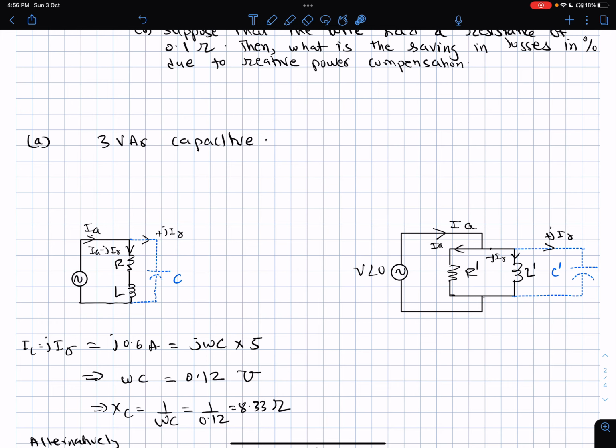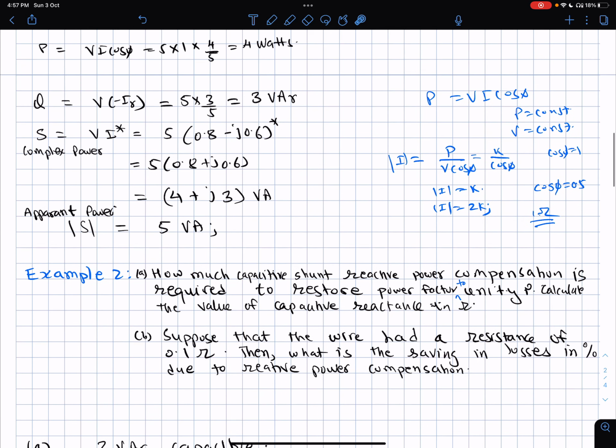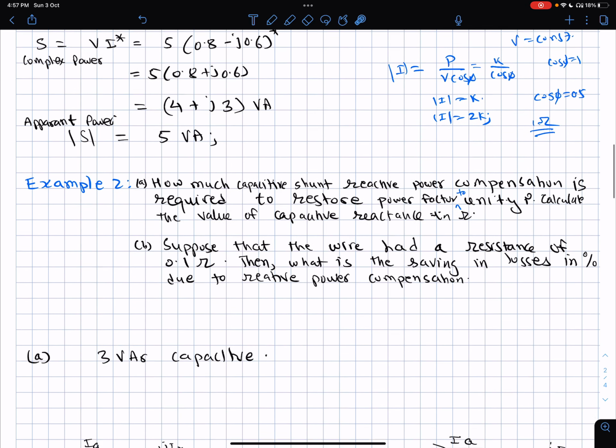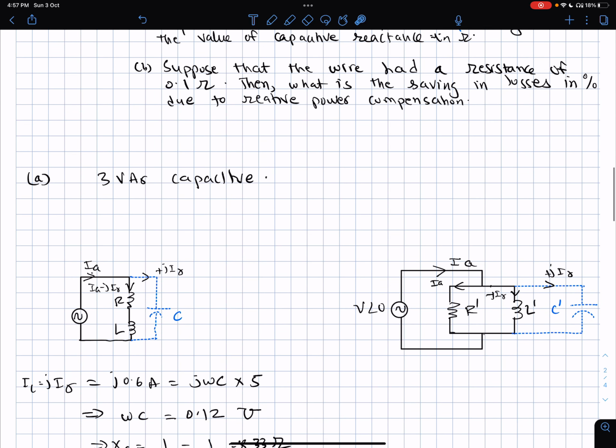So right now, without this dotted C, the current being drawn by the load, which is coming from the supply, is IA minus jIR. We just saw, actually it's IA plus jIR, but okay, I'll put the numbers here. What were my numbers? 0.8 minus j 0.6. So the current which was coming here